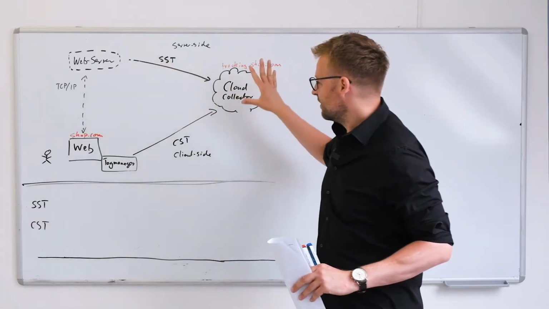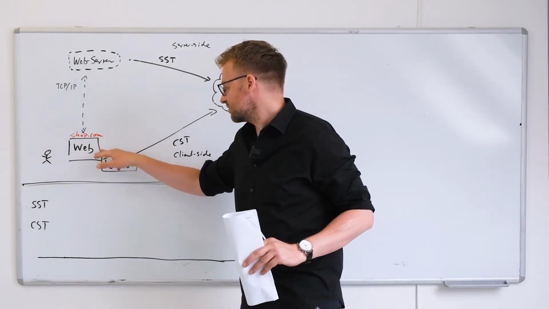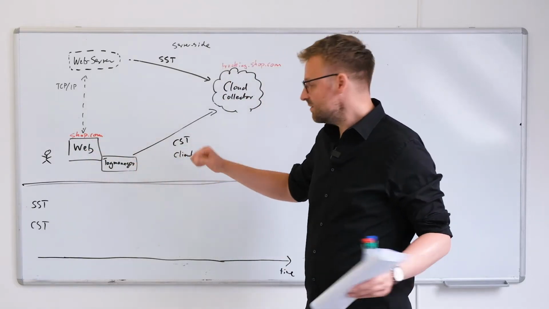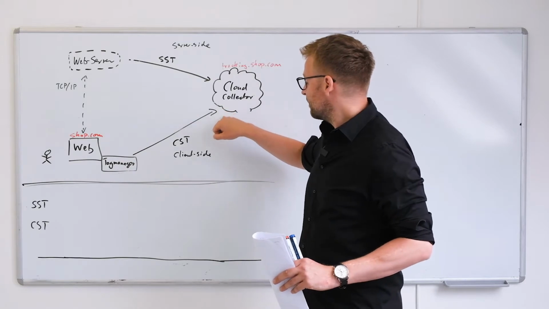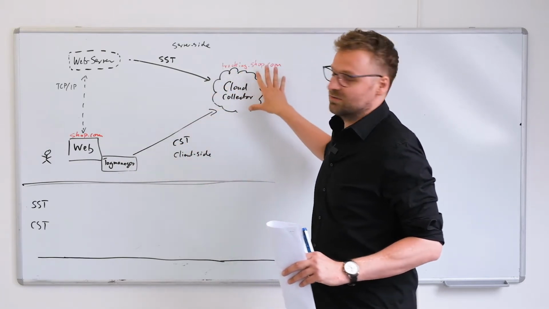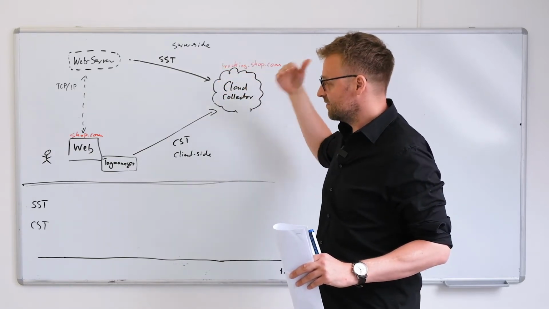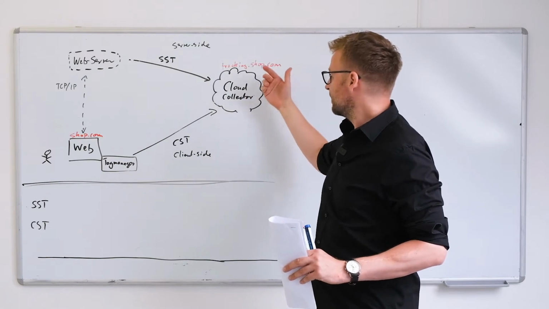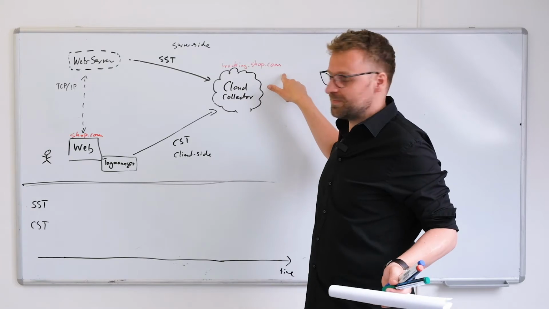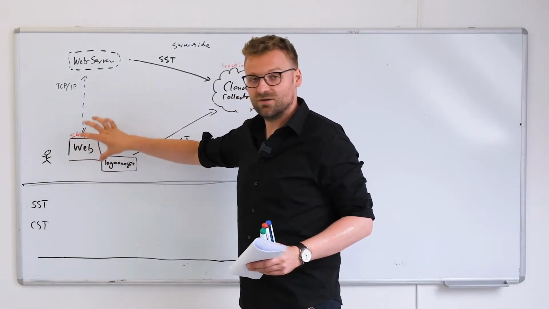So here I made a small diagram. We have a customer who comes to a website, let's say shop.com, and on the website there's a tag manager, and in it we have some tracking scripts. This will fire what's called client-side tracking, CST, to a cloud collector. For our clients, every client has their individual tracking domain. For example, here it would be called tracking.shop.com. But still, everything here actually happens in the browser of the customer.